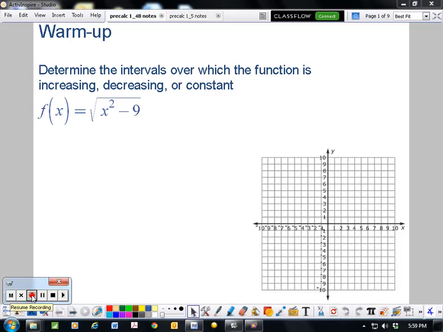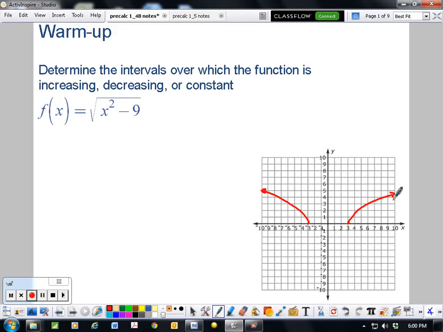Okay, so we're going to determine the intervals over which the function is increasing, decreasing, or constant. We have the function f of x equals the square root of x squared minus 9. The easiest way to go about this would be to graph it on our graphing calculator and then sketch it on the graph that we have here. When we look at this, we have two square-root-looking shapes, one starting at -3 and going out this direction, and